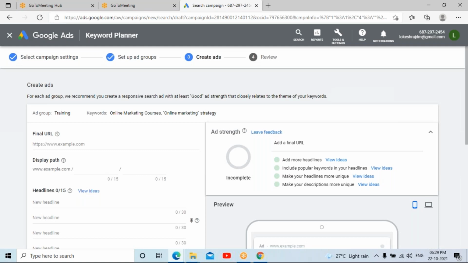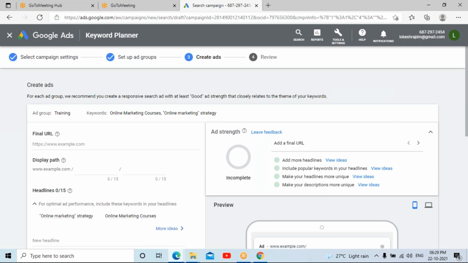The next thing is creating the ads. Now you can see the final screen where you enter the content that has to show on your advertisement. On the right hand side you can see whatever you add on the left hand side.